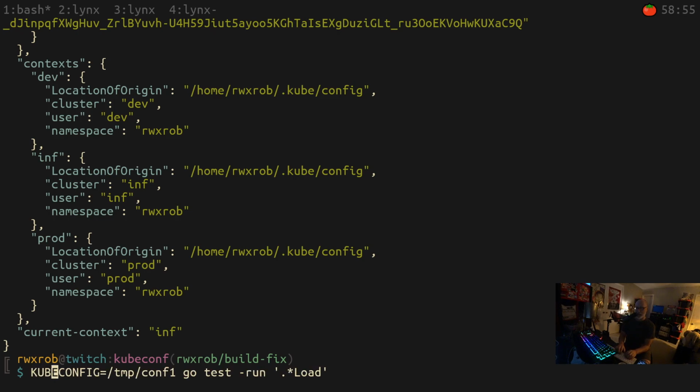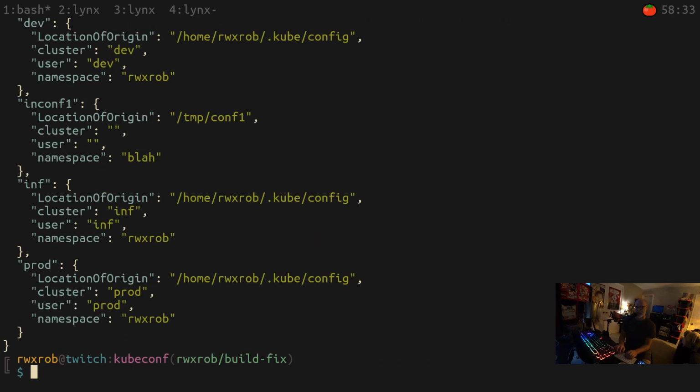So the cool thing about this is you can have more than one, right? So kubectl kubeconfig, right? And then you can do this. You can say kubeconfig.context, or pipe to jq .context. And as you can see,